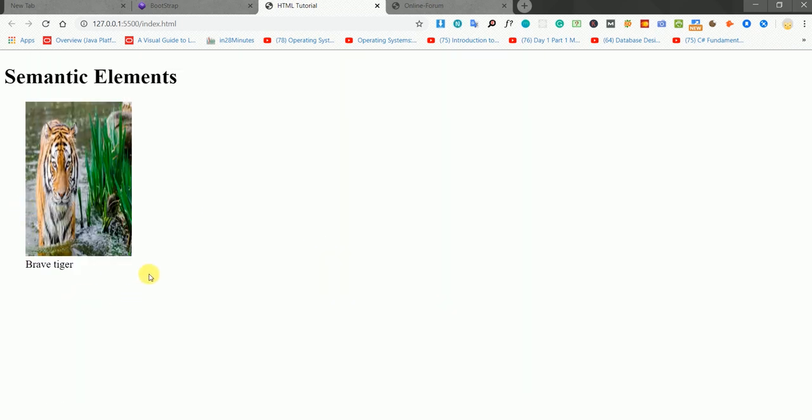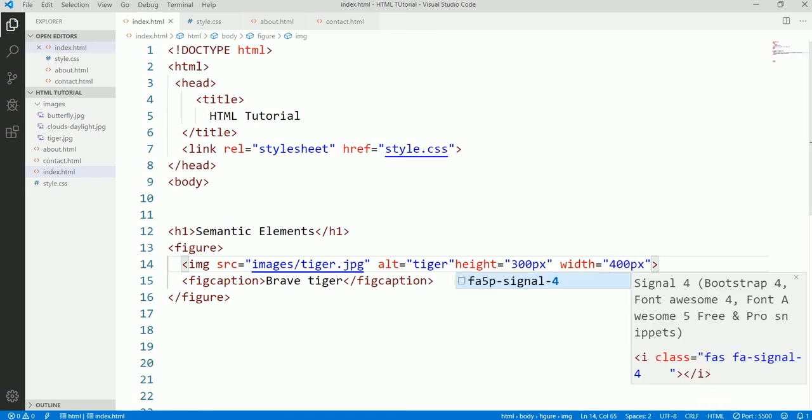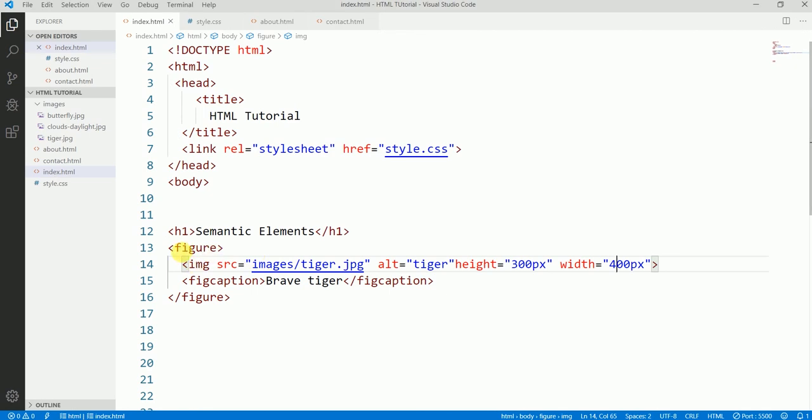Okay, it's not looking good. Now it's looking better. So this is the figure, and this is the figure caption, brave tiger. Wow. So it is descriptive what the use of this figure and figure caption is. I hope that you guys understand these